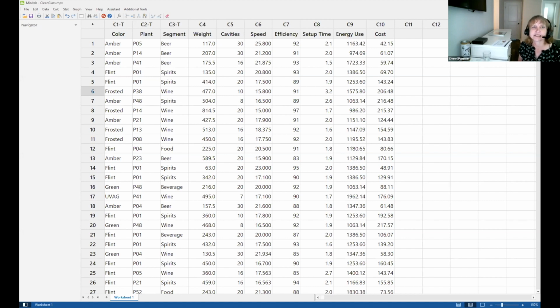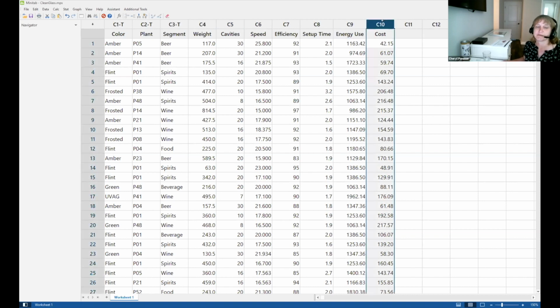But one of the problems they needed to solve was they needed to look at these specific predictor variables: color, plant, where it was manufactured, the weight of the bottle, how many cavities the mold had, the speed, efficiency, setup time for actually setting up to be able to deliver the product. The amount of energy used, all of that affects the cost of manufacture for the final product. And that's what they do. They're always creating final product for various customers in these different industries. And being able to estimate the cost is really, really important so they can quote the right cost to the